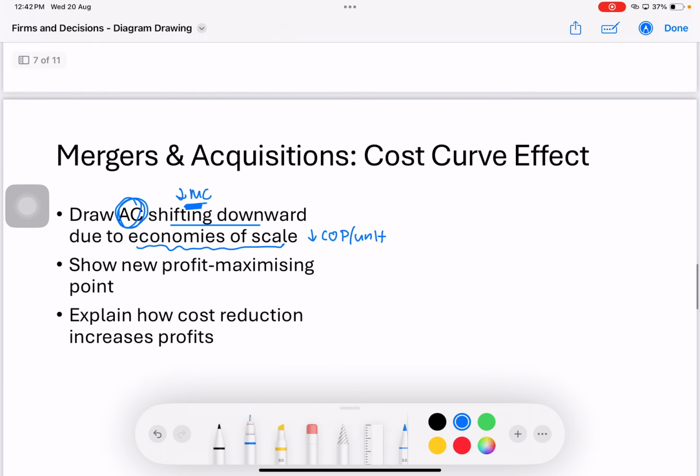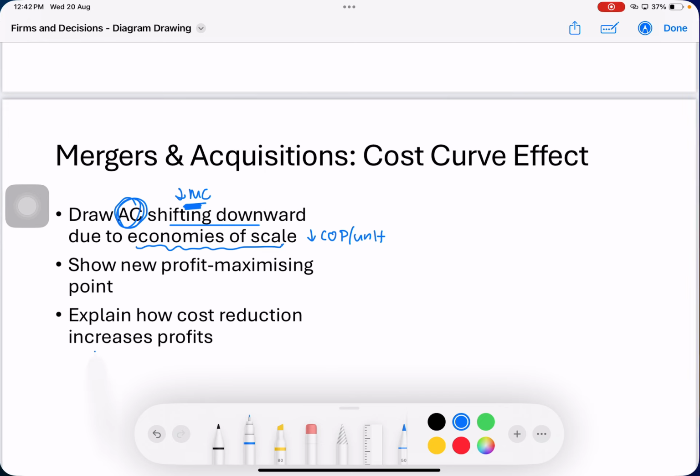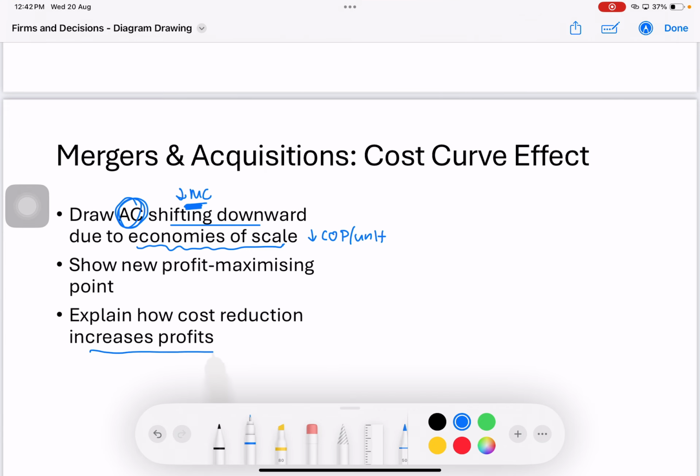So with this that it has changed, what you should then be doing is showing how it shows an increase in profit. On the diagram, it could be the case of subnormal profit becoming normal profit, that one is also an increase in profit. Normal profit becomes supernormal profit, also an increase in profit. Supernormal profit becomes more supernormal profit, also an increase in your profit. But this one,